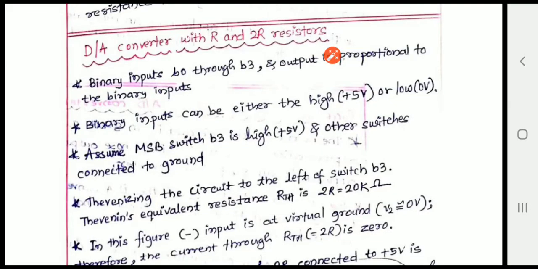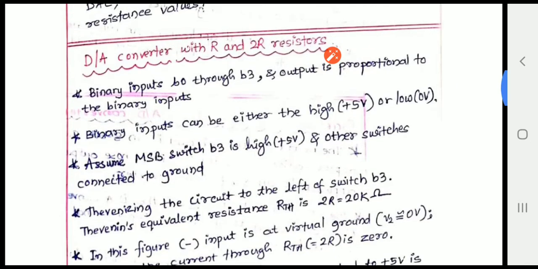So now we will start with the second topic, that is digital to analog converter with R and 2R resistors. It is also called the R-2R ladder circuit. It is used again to convert a binary or digital input to an analog output. Now, when I compare this circuit with the weighted resistor DAC, the change is that in the